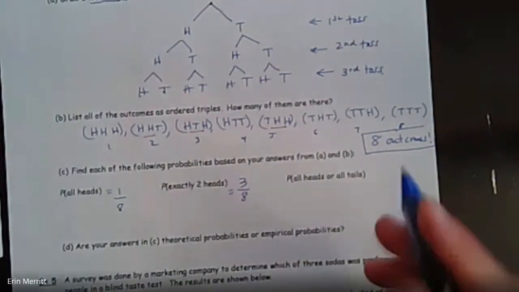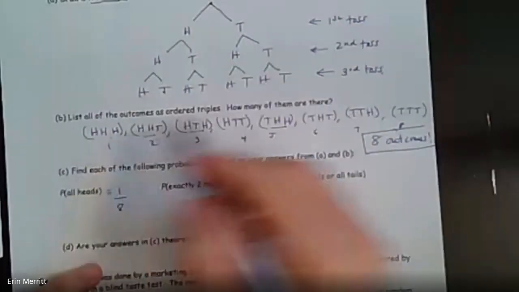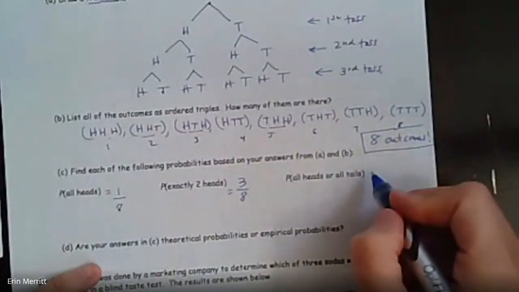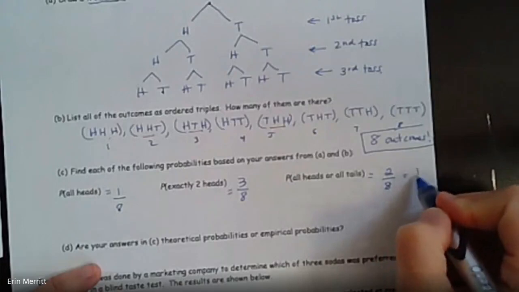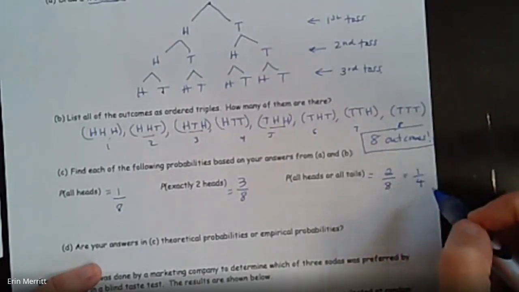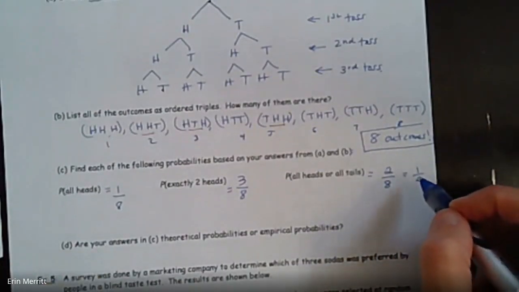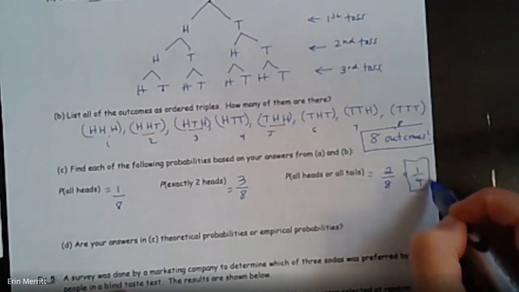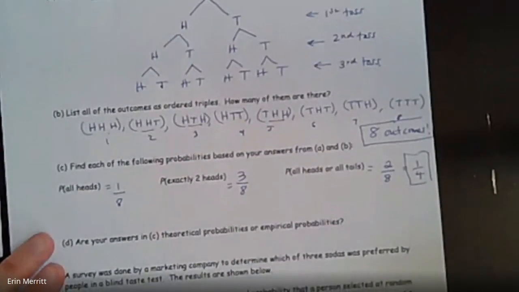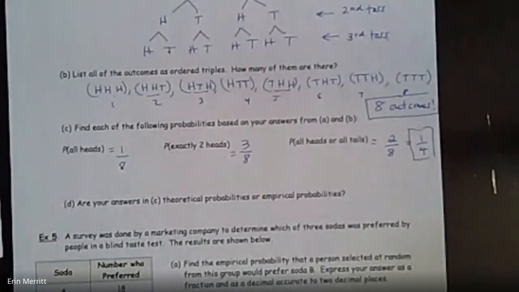And then what's the probability of all heads or all tails? Or means you want to include both. So there was 1 case of all heads, 1 case of all tails. So there was 2 cases there out of the 8 total, or 1/4. So they're saying if you flip the coin 3 times, theoretically, 1 out of 4 cases, you'd end up with all heads or all tails. So if you're bored enough today, give it a try. See if it works.